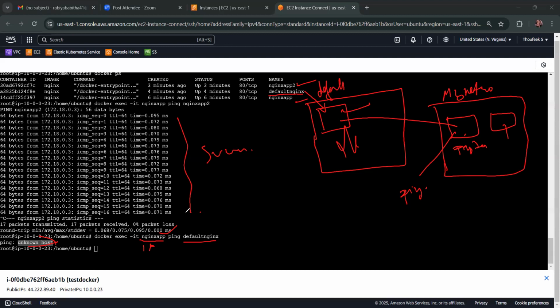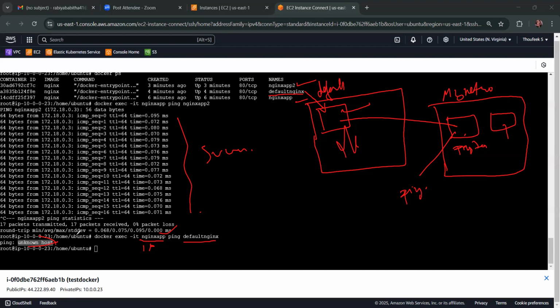By default, we can't ping from one network to another network. All good, right? Any doubt regarding